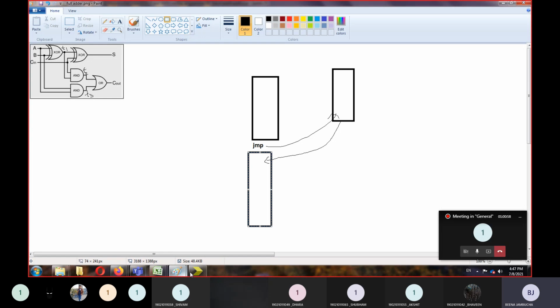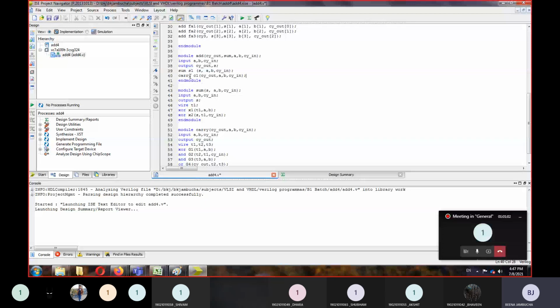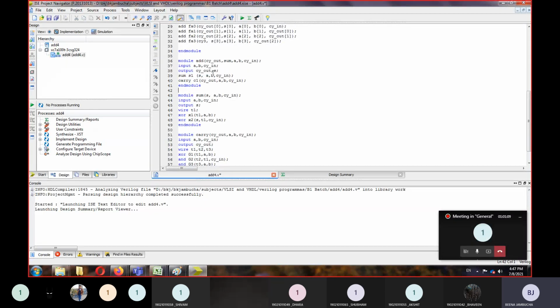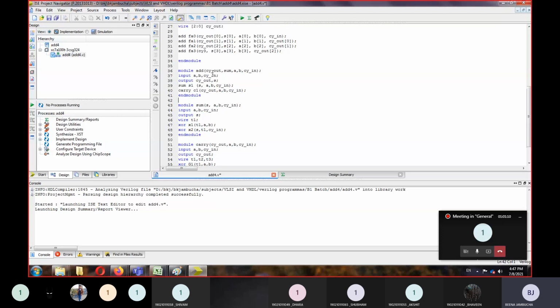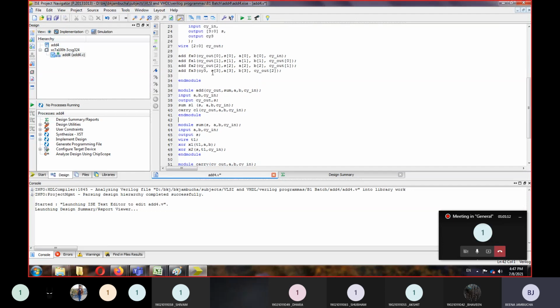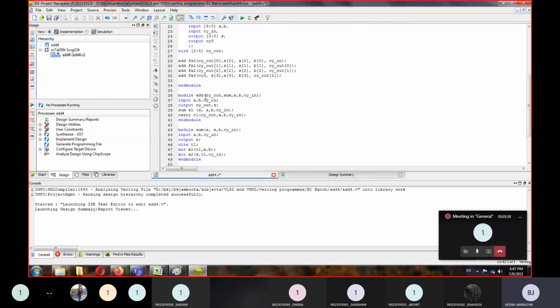Same way the carry module is copied here, and end module. Now one full adder has been created, right? One full adder is created, but we need 4 full adders. So every time it is not feasible that we write all the things over here. So I am just copying this add module 4 times. I will instantiate this add module 4 times.